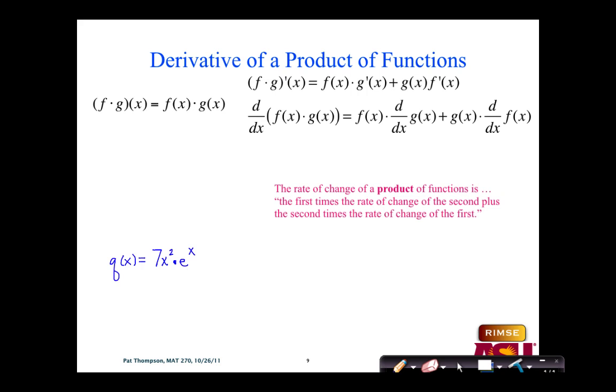I can't combine these anymore. It's not a power function. It's not an exponential function. It has one factor of each type. So if I want to refer to this as the f of x from above, and think of the second part as the g of x,